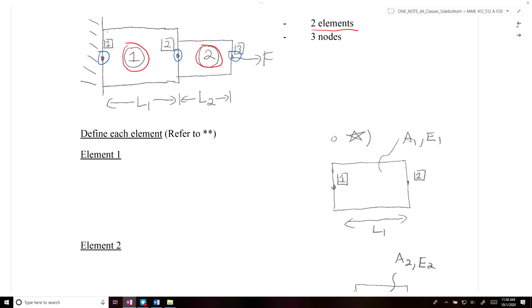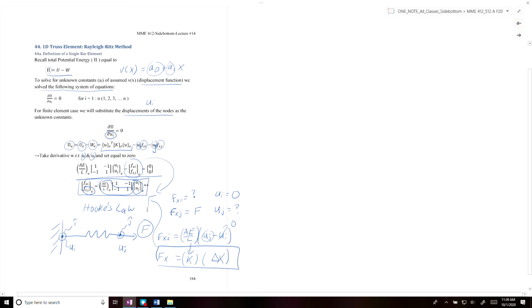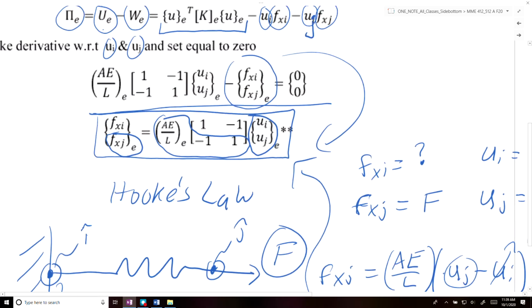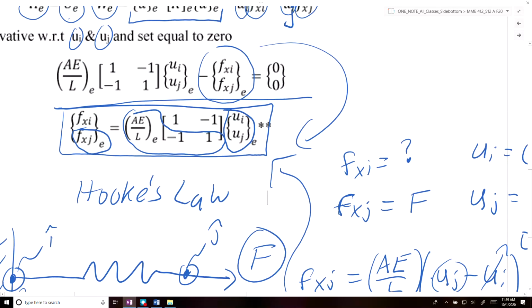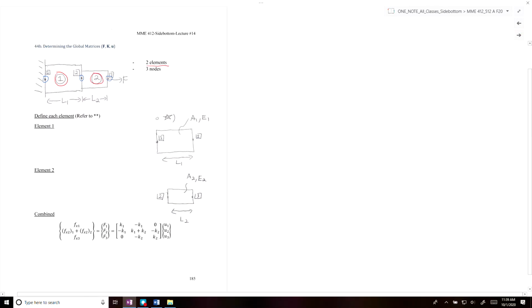So if we go back to the last page of our document, we had given this equation here, which was our equation for our bar element. We're going to define the value of our bar element for both element 1 and element 2. So all we're doing is writing this equation for each of our individual elements. Okay, so for element 1,